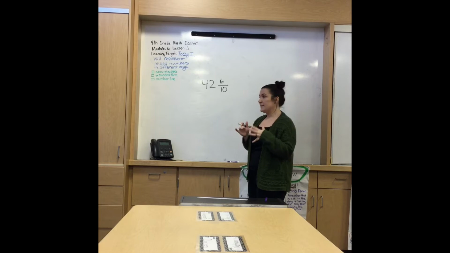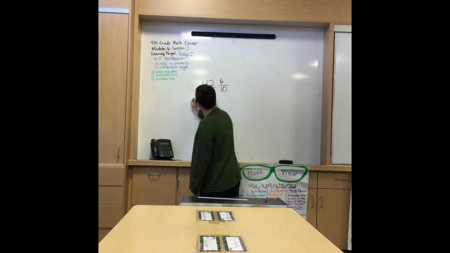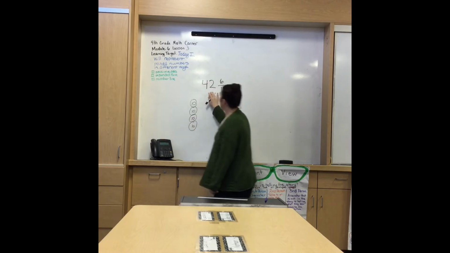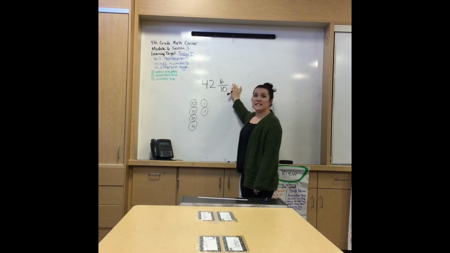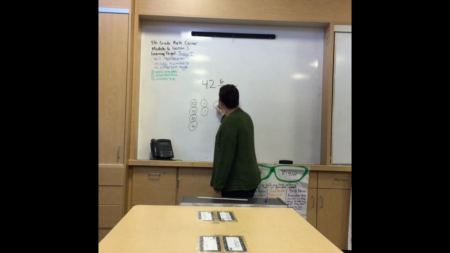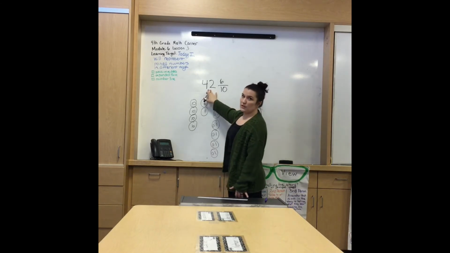place value discs. And how I'm going to do that is I would say that I have 4 tens, 1, 2, 3, 4, and 2 ones, 1, 2, and 6/10. I like to add the 0 onto mine, so it's 0 and 1/10. You don't have to. 2, 3, 4, 5, 6. Okay, and so all of this means is that if I wanted to create